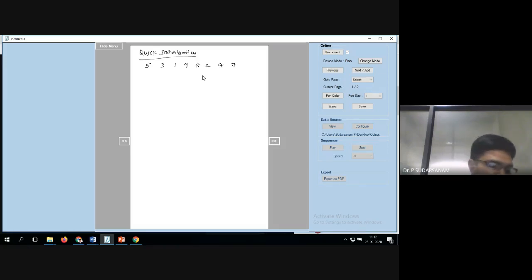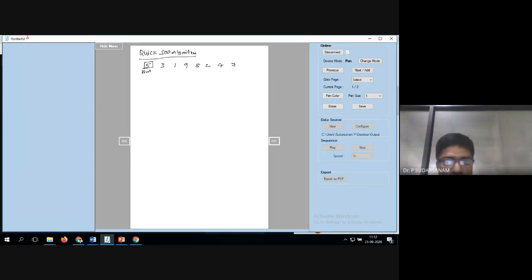Now, how to do it? Take the first element as the pivot element. You write it the same way like this. When writing an algorithm or program in the exam, it is easy if you write like this. First try to understand the problem, then I'll go for the programming.